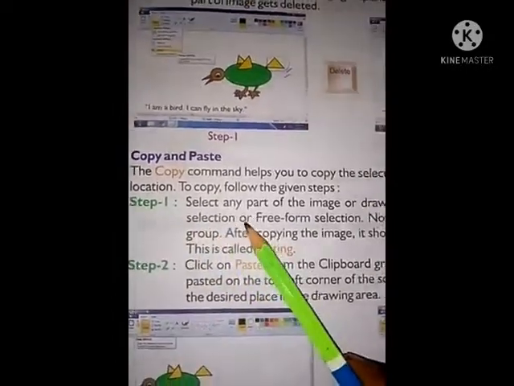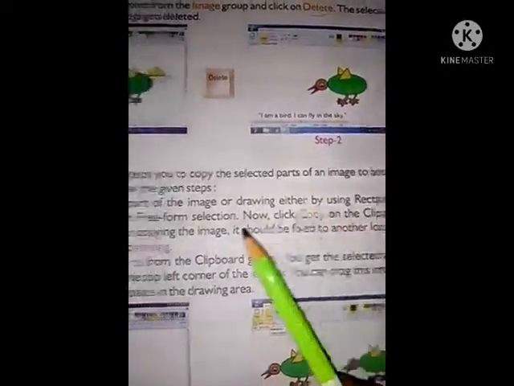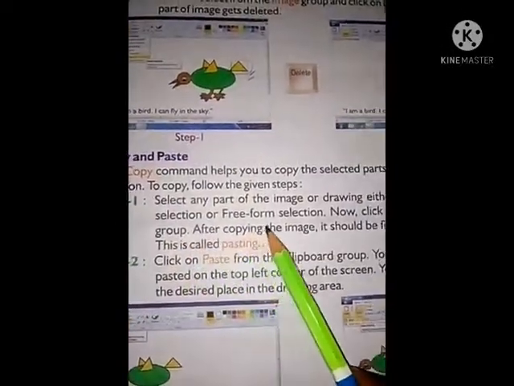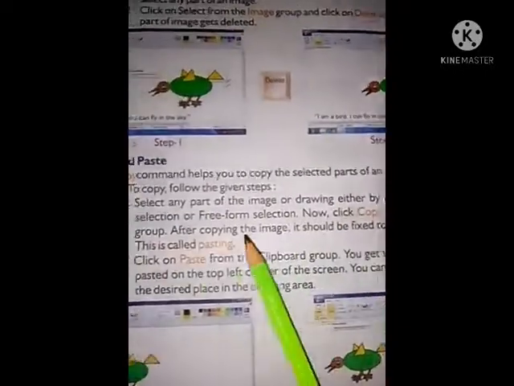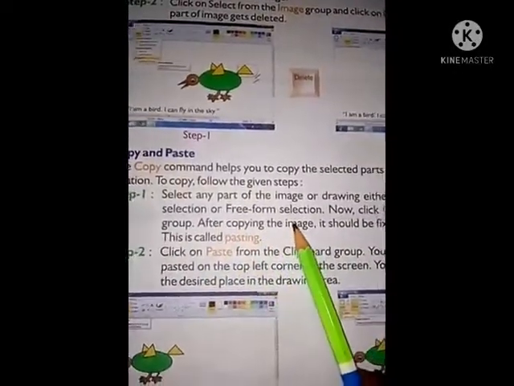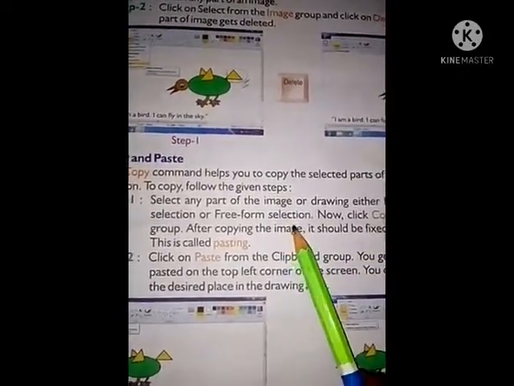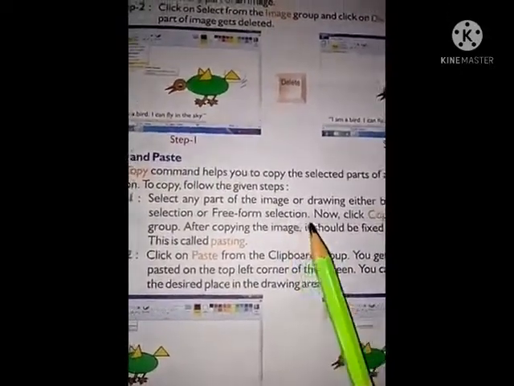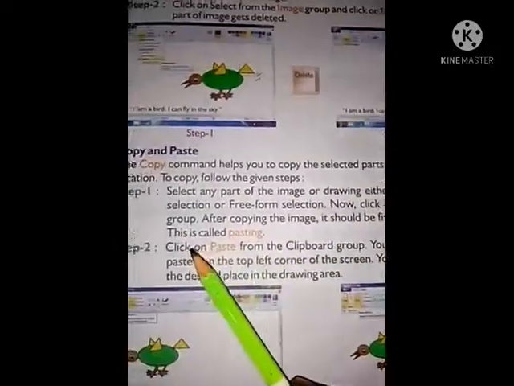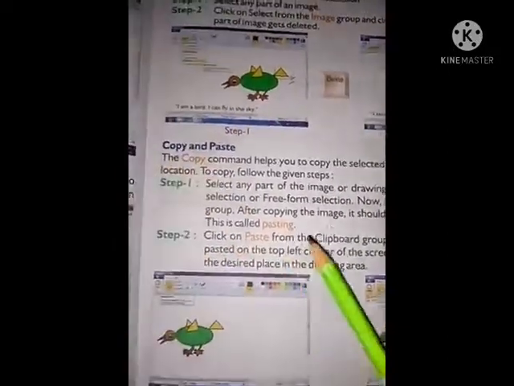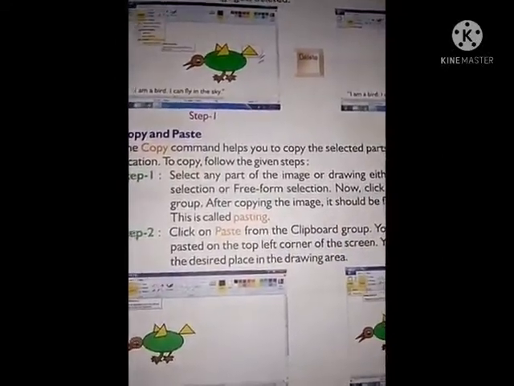Step 1, select any part of the image or drawing either by using rectangular selection or freeform selection. We have discussed rectangular selection and freeform selection. By using that form of selection, we can select any part of an image. Now click copy on the clipboard group.